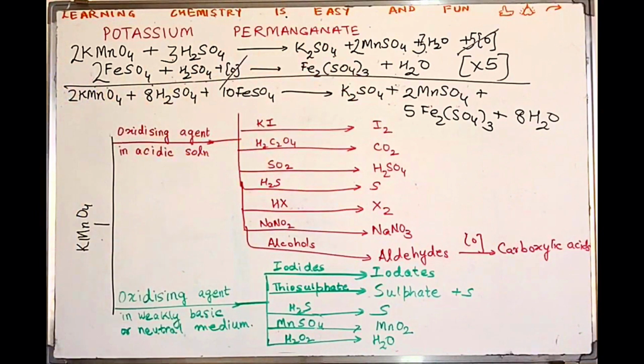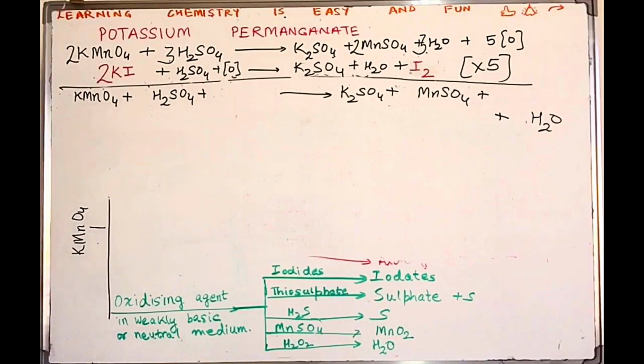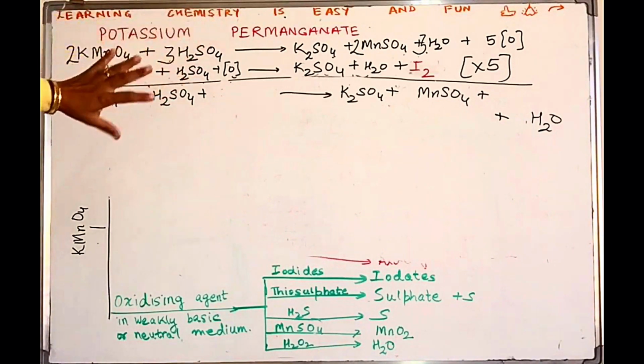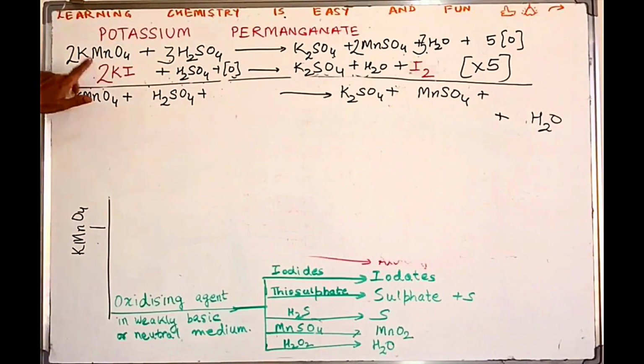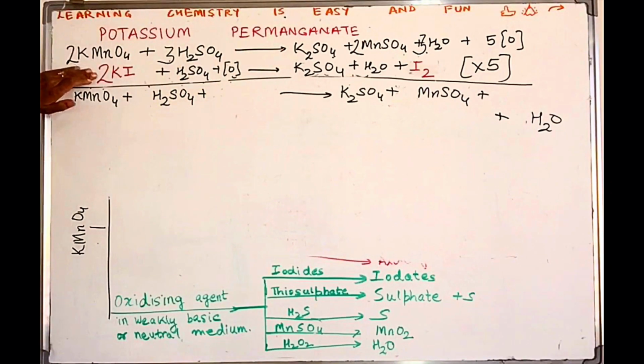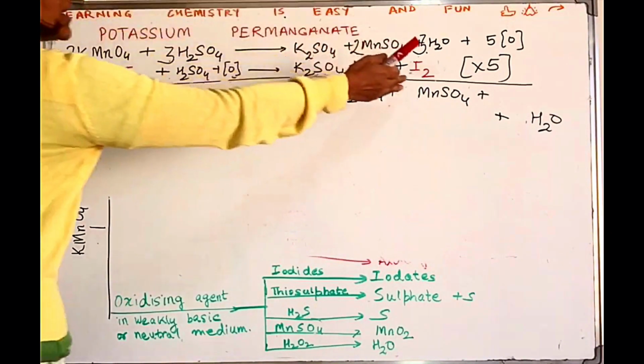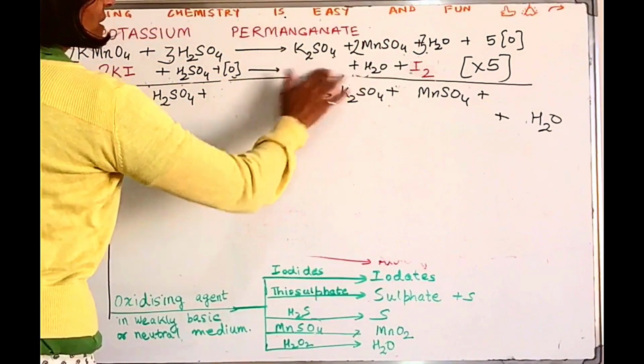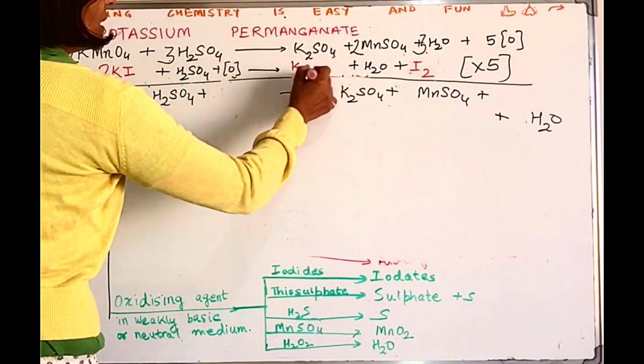Pause the video, don't look for solution, pause it, try it. Then only there is a point in watching this video, otherwise there are hundreds of videos. So you want to tally whether you got it right or not? What I've done over here is on the board I have left the original values in black. The red ones are the new values. So if you notice, everything else remains the same. What changes is potassium iodide and your product over here, iodine, and of course K2SO4 is also a product